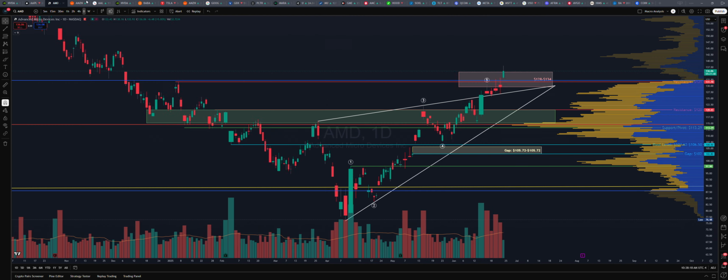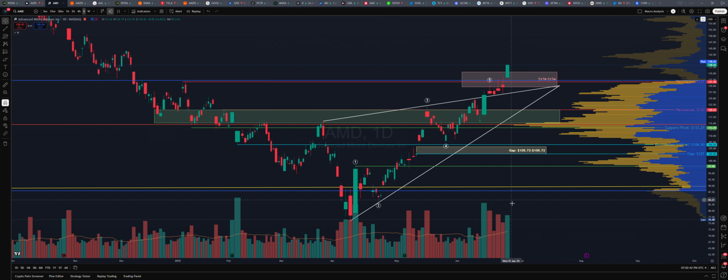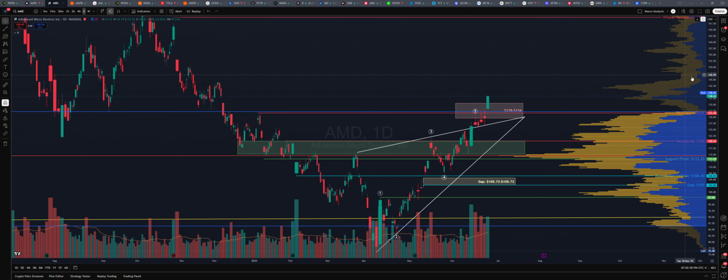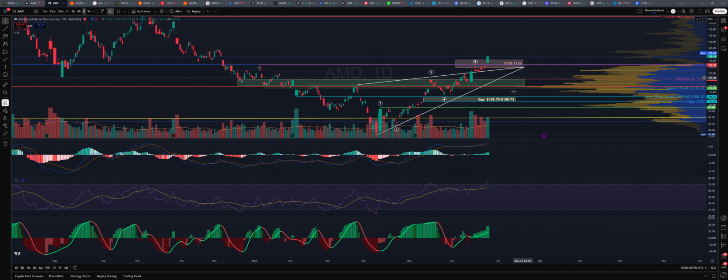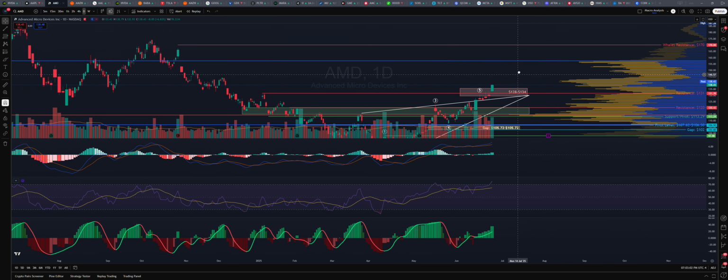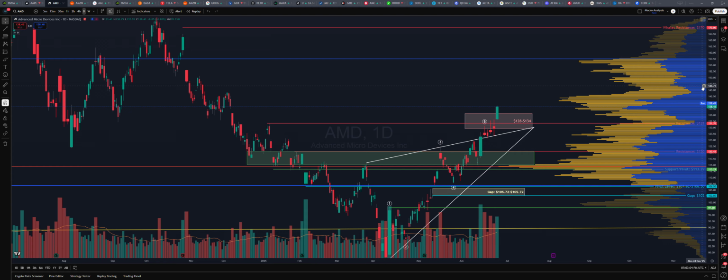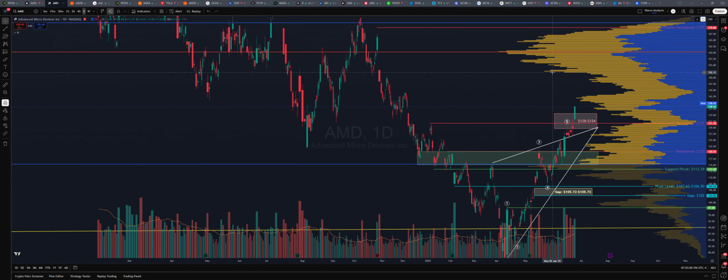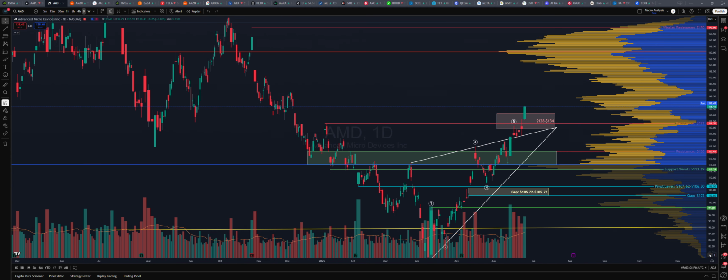Let's take a look at AMD for a sec. AMD gapped up, really good volume. One of the things I'm looking for, I said if AMD gaps up in the Discord above 128, 134, we're immediately looking at a target of 141, right at this volume shelf over here, where you're going to see some resistance, which is what's currently happening right now. So still bullish on AMD, still think AMD is going to move up a bit more, especially if you get above this level here.